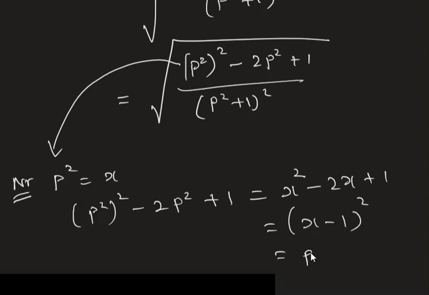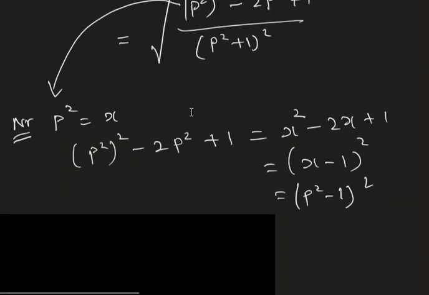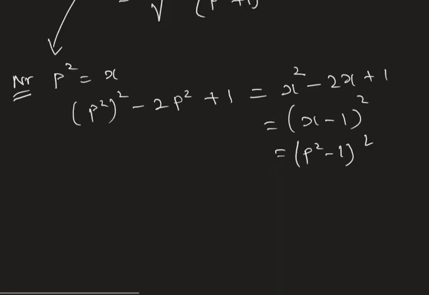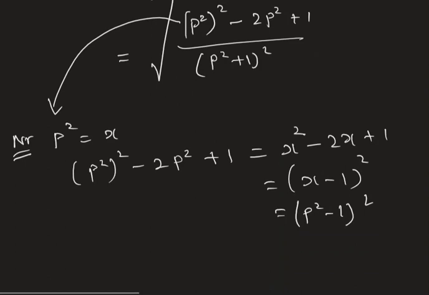So you can replace this by p squared minus 1 whole squared. Okay, is it clear? Now take down. So sine theta is equal to the whole square root of,